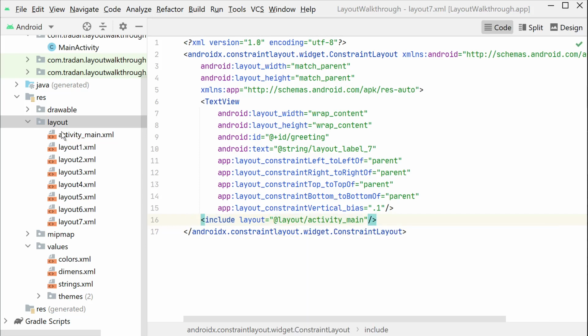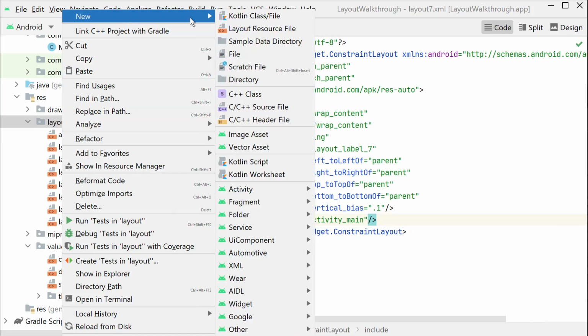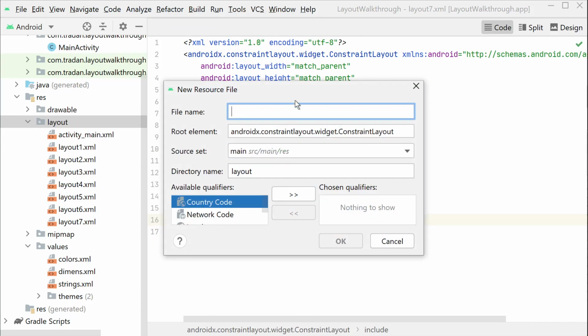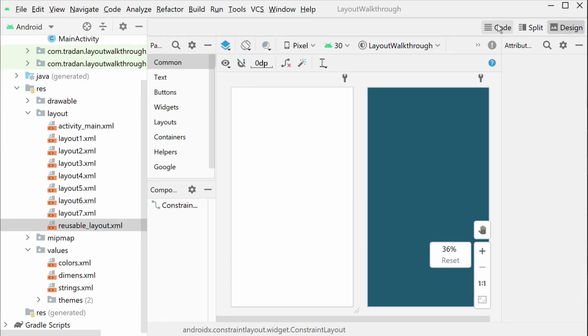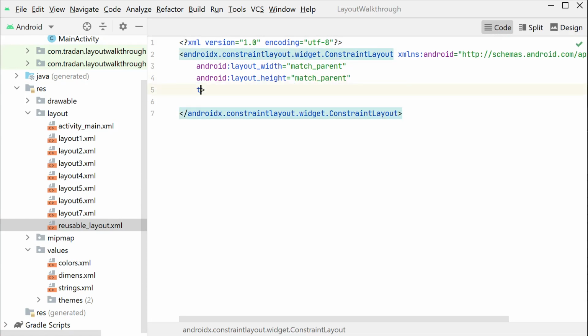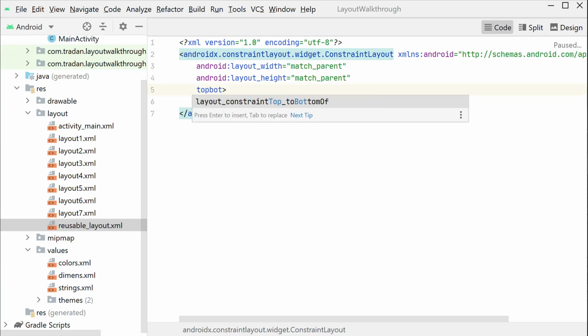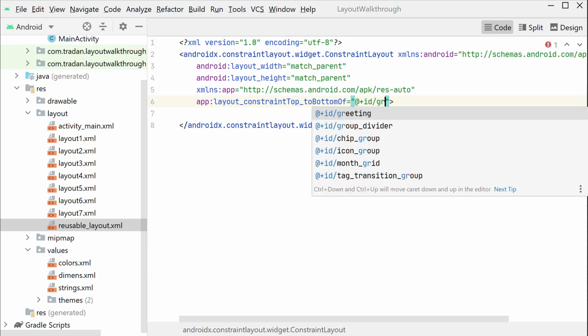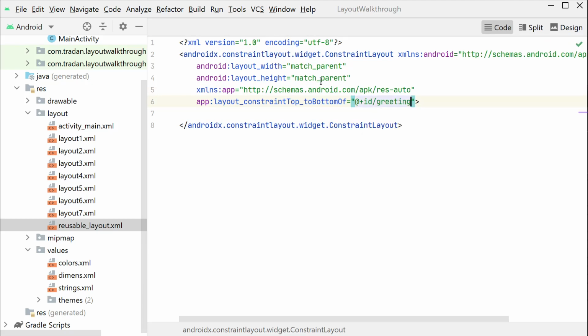Let's go over here, right click, new layout resource. We'll call it a reusable. Obviously, you'll use a more appropriate name. There's our reusable. Since we're going to stick this one onto the bottom of that one, let's say my top will go to the bottom of ID greeting. We will stick there, and our size won't be match parent, but match whatever size we're given by